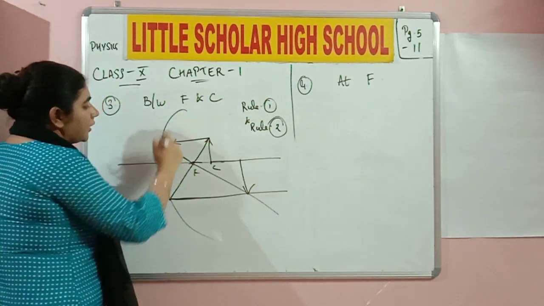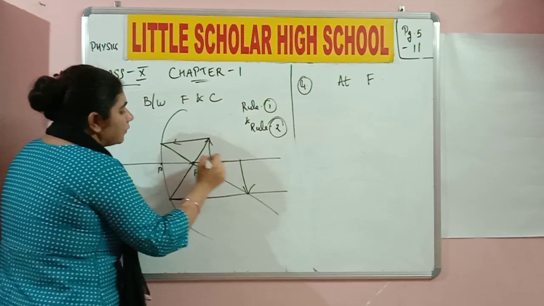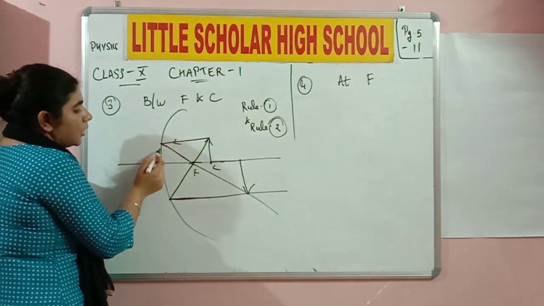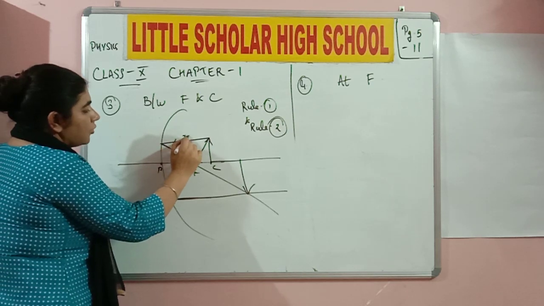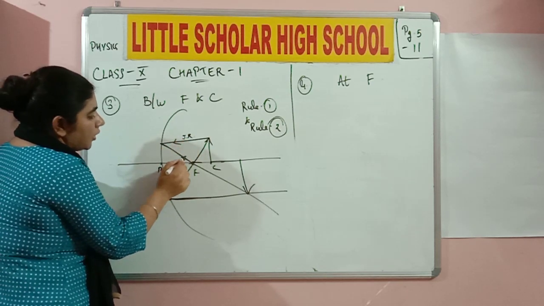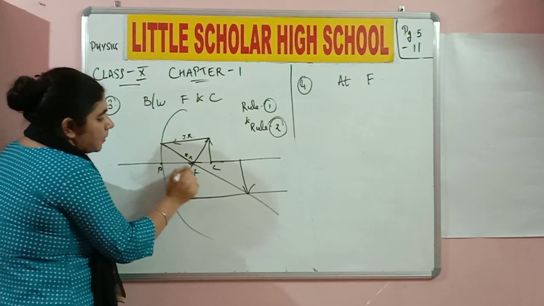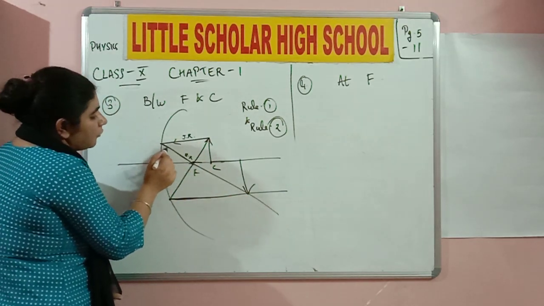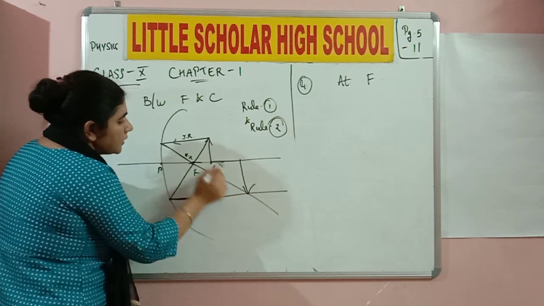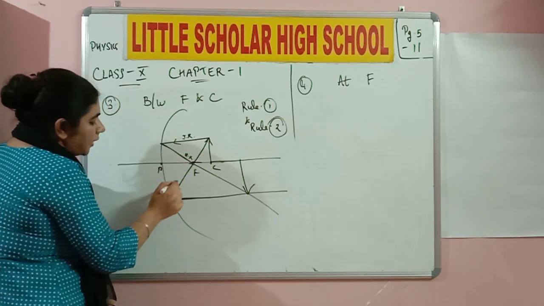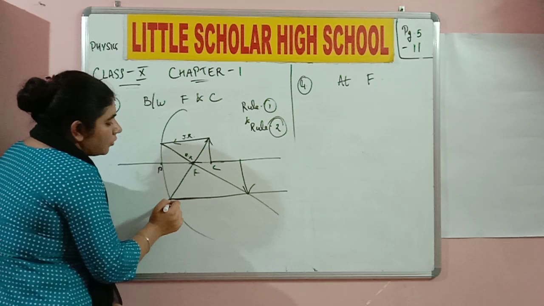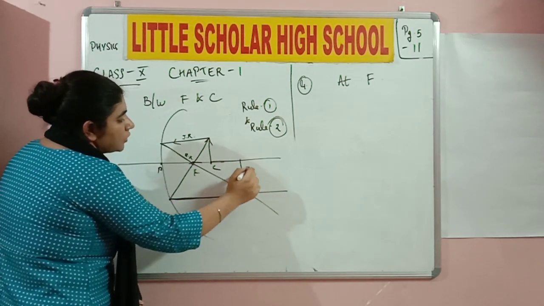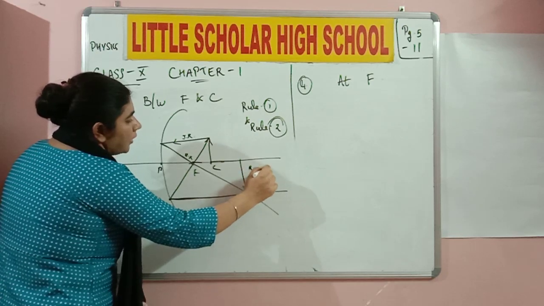Fine. Now the concave mirror is placed over here and we have the object between F and C and the rays projected incident. The first ray is, this is the incident ray and the first reflected ray is somewhere over here and it is passing through the focus because the incident ray is parallel to the principal axis. The second incident ray is going to pass to the focus and the reflected ray is going to be parallel to the principal axis. So I have an image over here which is real, inverted and enlarged.